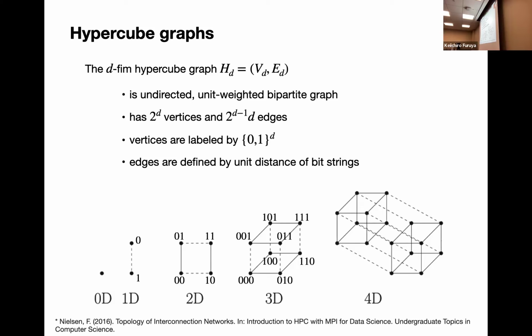And then there's no odd cycle. Any cycle you take is always an even cycle, with an even number of edges. Note the dotted lines are not edges, but the dashed lines are edges. Here I have this dotted line just to demonstrate the construction of a higher dimensional hypercube from the lower one. But essentially, you don't have any distinction between the solid and the dashed lines.